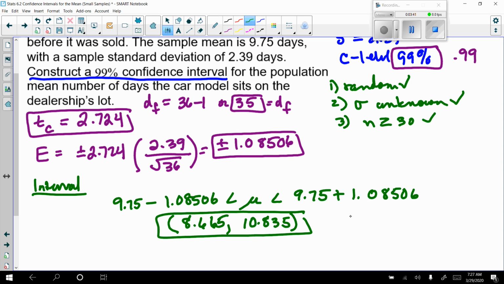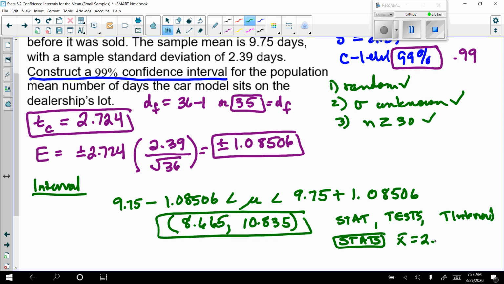Remember, using technology, you would go to stat, then you would move over to tests, you would go to t interval, and we want to use stats to calculate it, and use all those stats that you had up there. Our x bar is, excuse me, x bar is not 2.39, x bar is 9.75, s sub x is 2.39, n is 36, and our C level was 99 for this one,